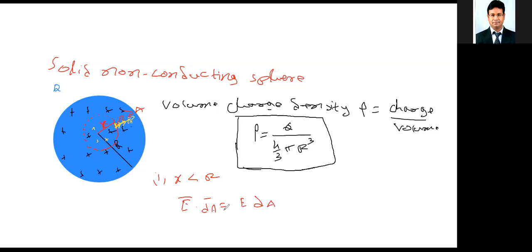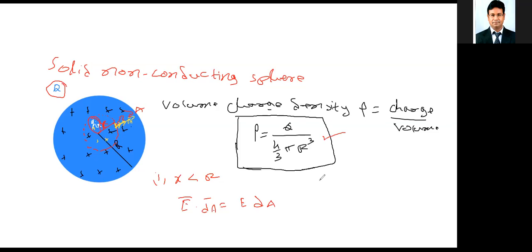Now I'll apply the Gauss law here, but before I apply the Gauss law, what I need to find out is what is the charge inside the surface. This has to be known to me. How do I know that? Let us say the total charge is Q here. I'm assuming the total charge is Q, and we don't know the charge inside. So we need to find out that charge. How do we find out?